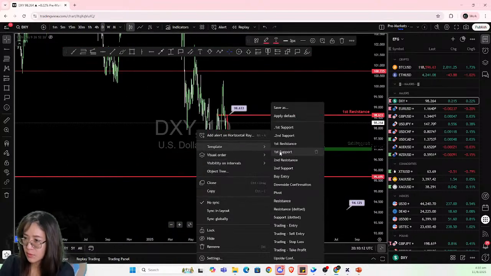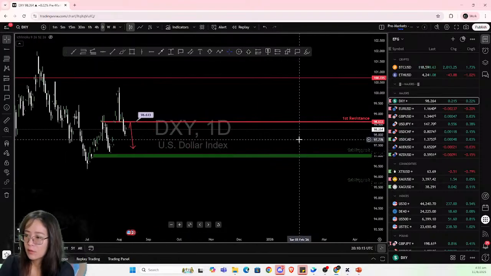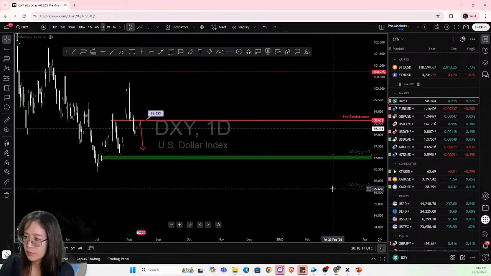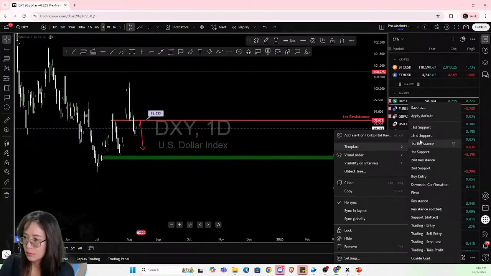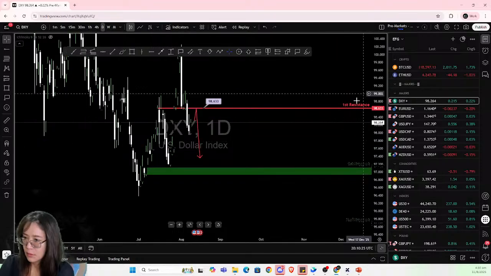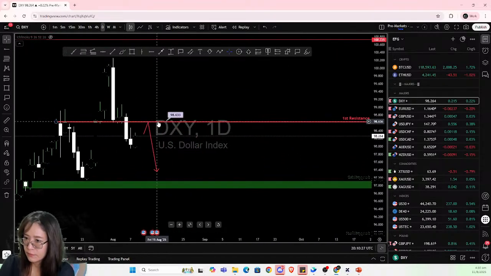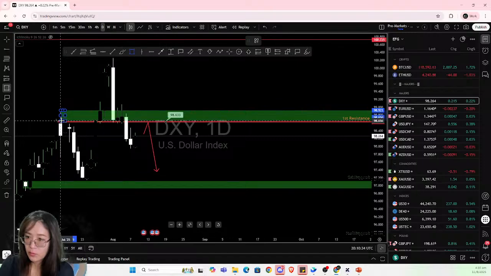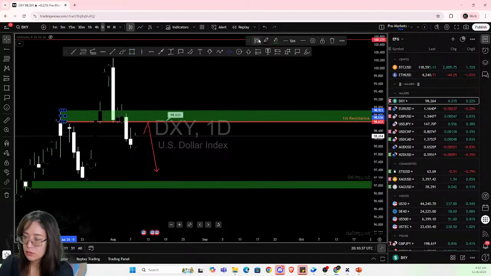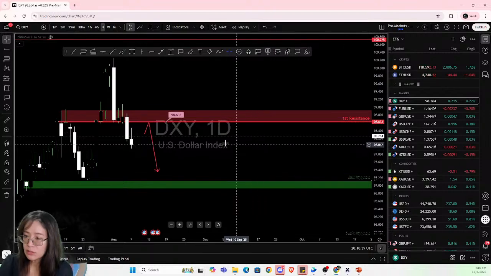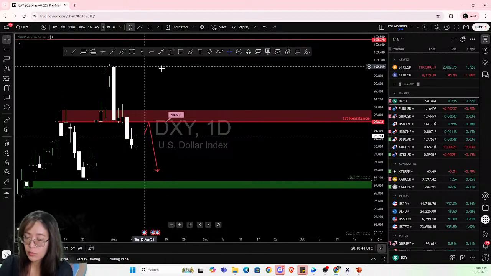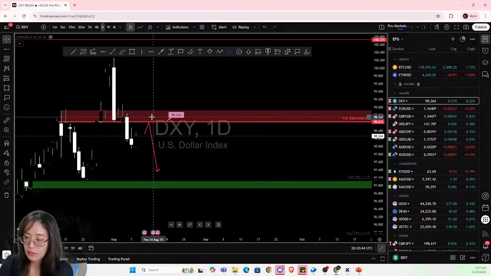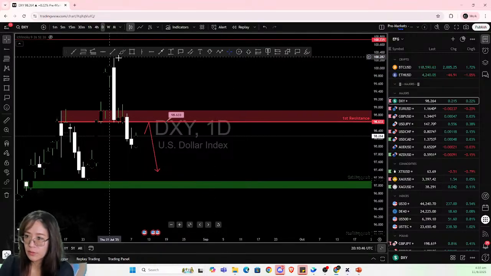I would say this is going to be our first support. So for the D1 time frame, second support. If it's rising, okay, the zone may be big because I just want to highlight the wick and the body. So what we want to see, if price is rising, you wait for the rejection, those kinds of price action. Okay, your confirmation would be